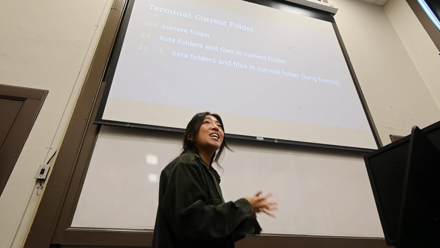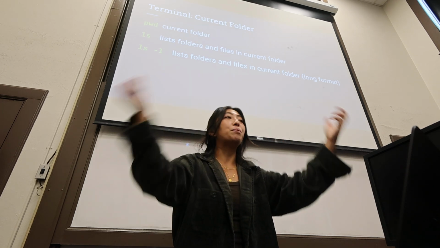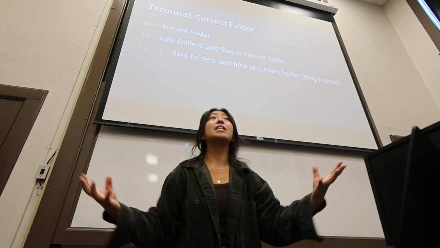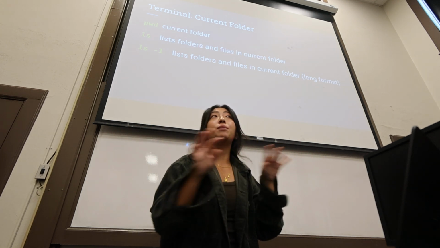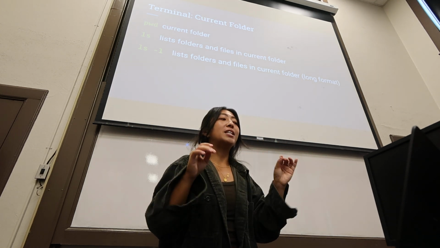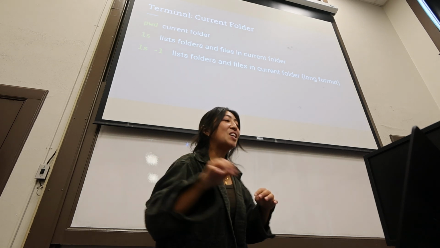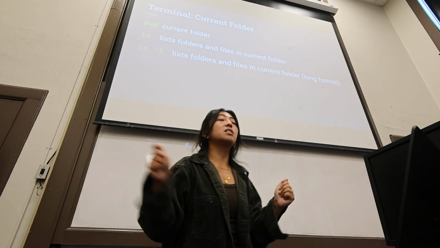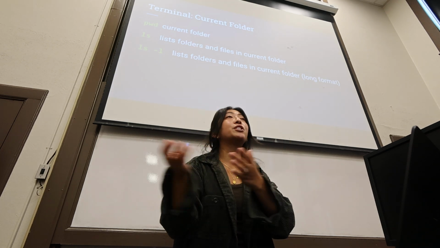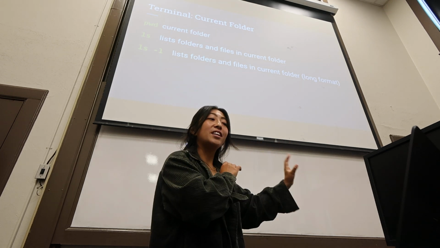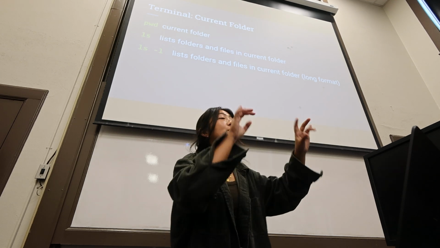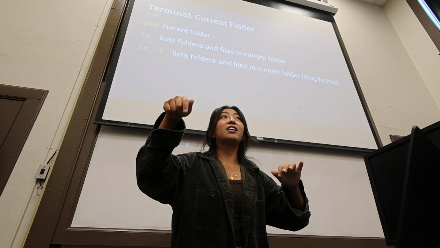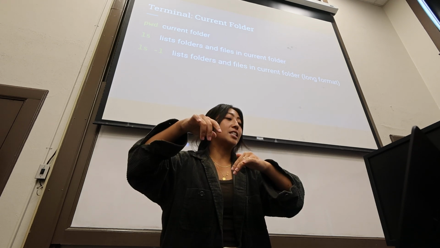Okay, so let's say you're in your current folder, you open the terminal. If you want to see where you are, you can just type pwd. And I think that stands for print working directory. So you can see your current folder. You can use the ls command to list the folders and the files, the subdirectories, if you will, in the one that you're in. So in the directory you're in, if you did ls and hit enter, you would see all the files and all the subdirectories.